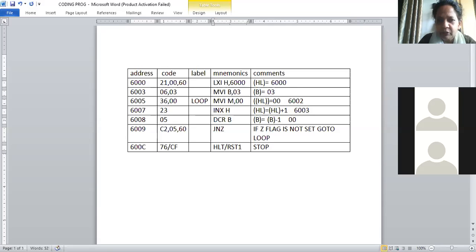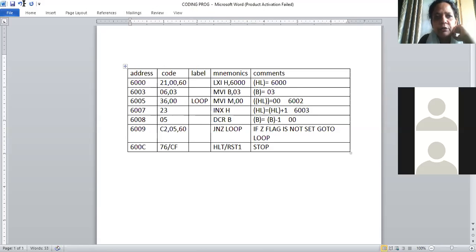In the theory exam, since we don't write this particular part, we don't know what the address value is. Therefore, we always give the label. I hope you have understood this. Anybody who has not understood this part, especially because during the practical you will be needing it, how to write the codes for this.